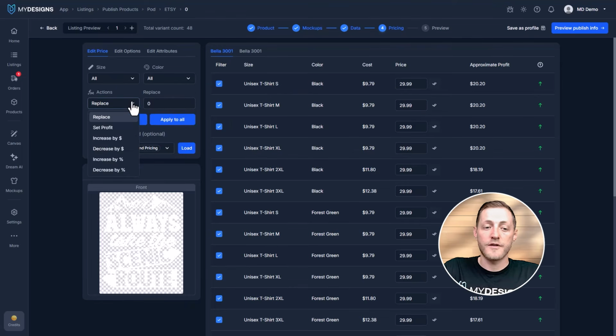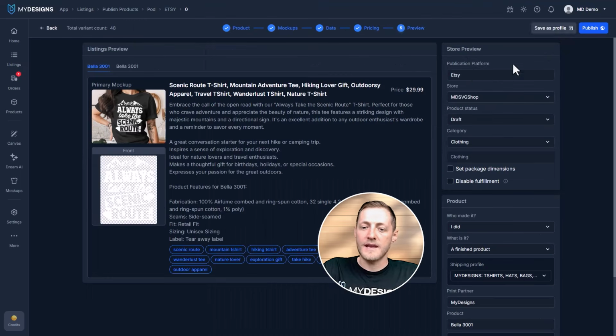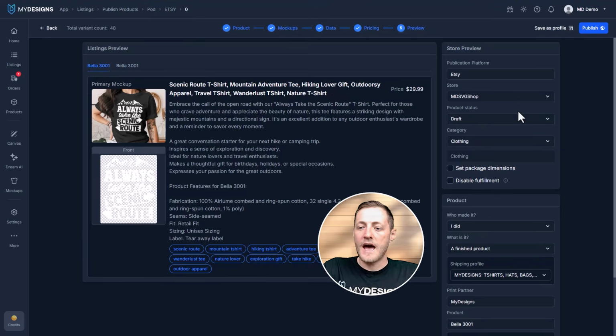If you wanted to do it for specific sizes or based off of a percentage increase, you can always do that as well. You can do it by colors too. But we're going to move on to the next step. This basically just gives us one last preview of what our listing looks like. So it shows we're offering 2 products, shows us our print file on those,